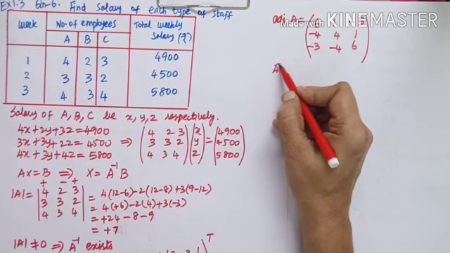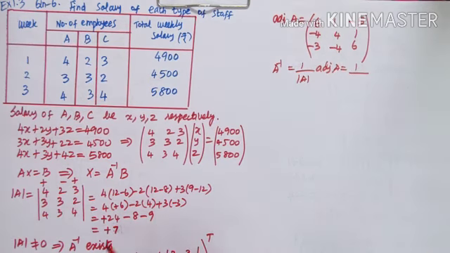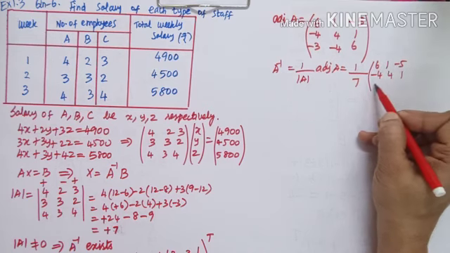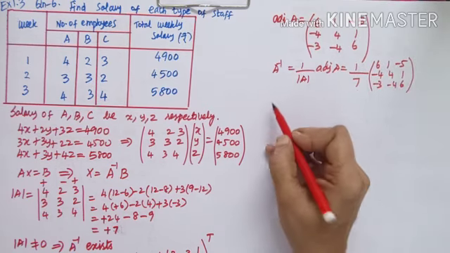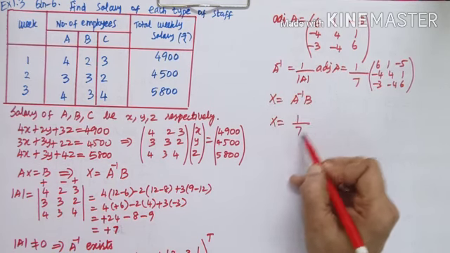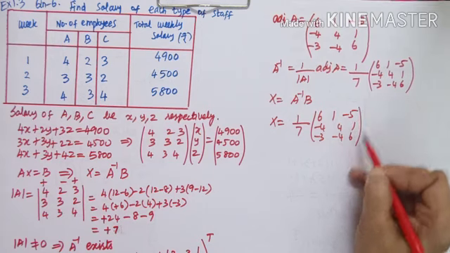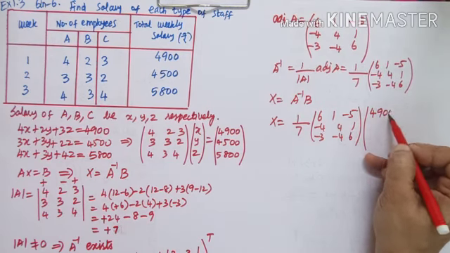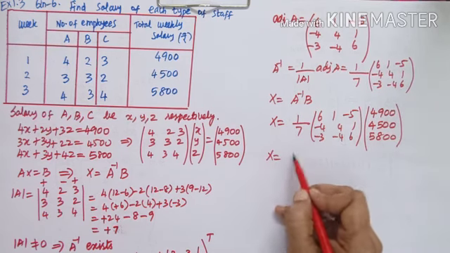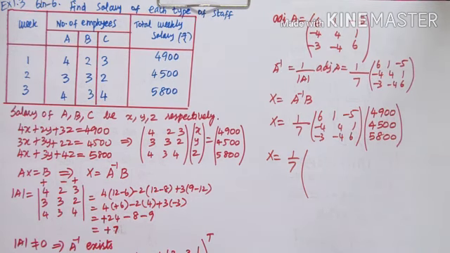We proceed on to A inverse, which is 1 by determinant A, adjoint of A. 1 by determinant value is 7, adjoint is 6, 1, minus 5, minus 4, 4, 1, minus 3, minus 4, 6. Now, X is equal to A inverse B. X is equal to 1 by 7, 6, 1, minus 5, minus 4, 4, 1, minus 3, minus 4, 6 into the RHS 4,900, 4,500, 5,800. As we multiply, it is first row by first column. First row, 6 into